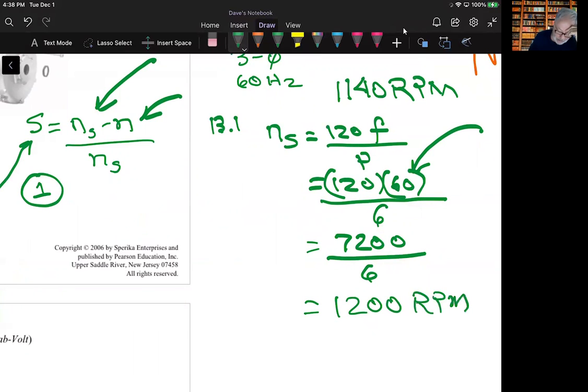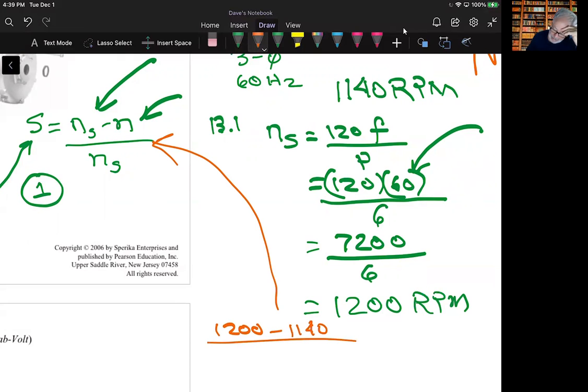We feel like we've done something, but we haven't answered the question, because what we want to know is what the slip is. That's where we plug into this equation. N sub S is 1200, and the speed of the rotor at full load is 1140. I divide that by 1200. This is going to be 60 over 1200, and that comes out to be a number that I can't do in my head. I can't do anything in my head anymore. But anyway, what it comes out to be is